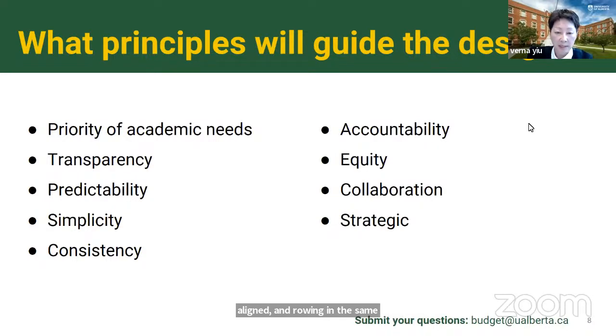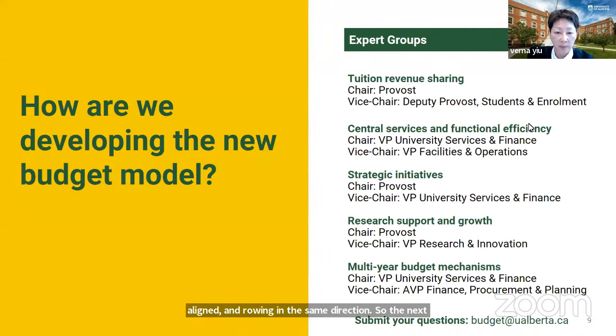So the next slide goes into how we are actually developing the new budget model. The design of the new budget model really involved budget owners from every faculty and portfolio at the university. And a real key part of the process was the creation of 5 expert working groups. The groups have been providing input